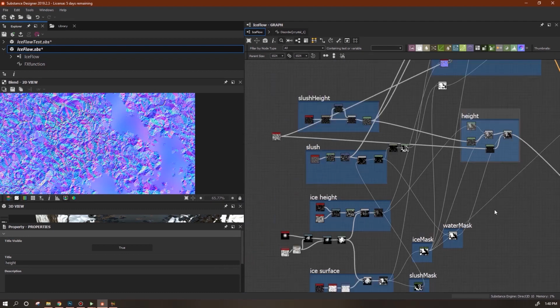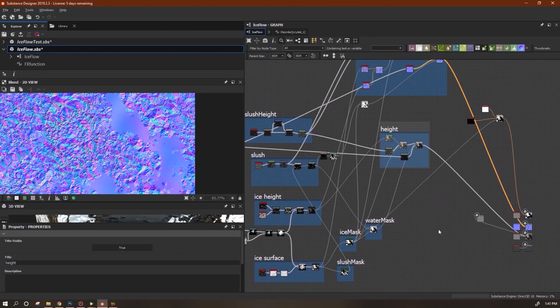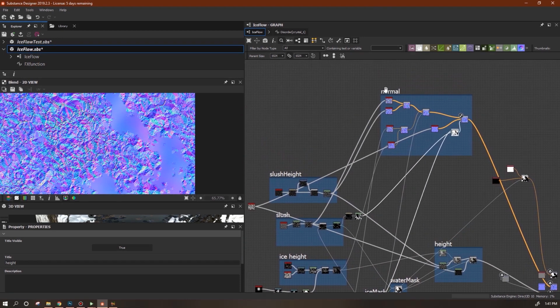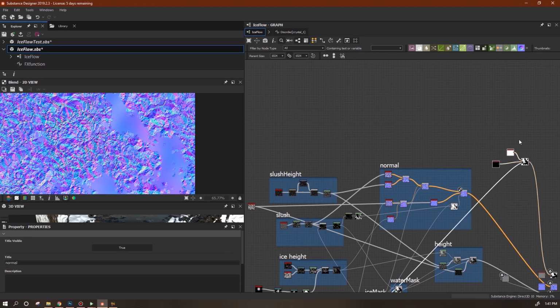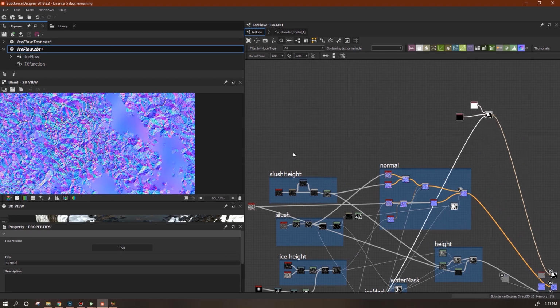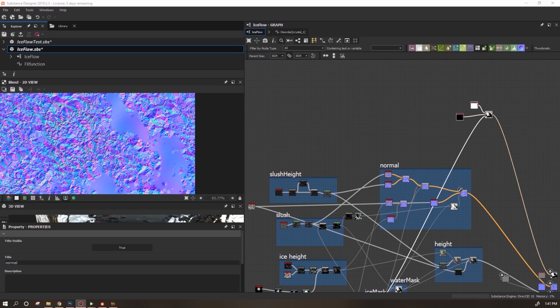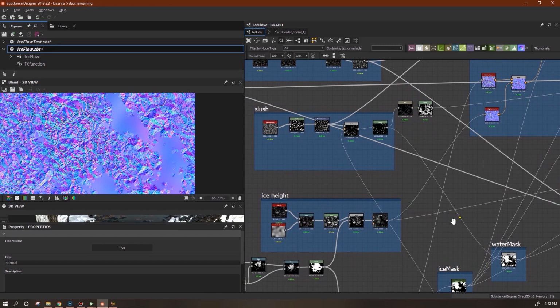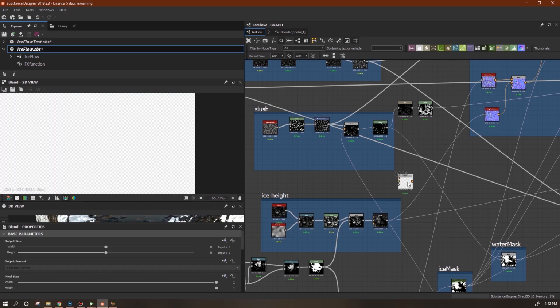Let's continue forward. So get rid of this. And let's draw a frame around this, and we'll call this our height. And let's do our color next, because that's going to make things easier to deal with later. Okay, so this has got its own little mask. You know what, actually, let's do our specular level and roughness first. Get those out of the way, because they're pretty simple. And then we can concentrate on working on our color. Okay, so let's do the spec level. I've got my ice height,